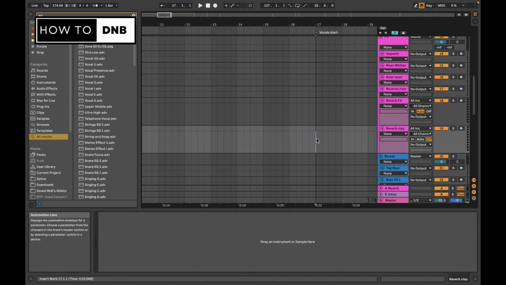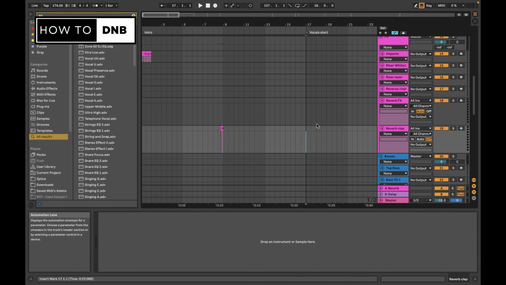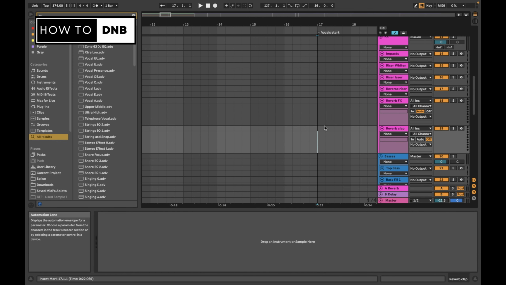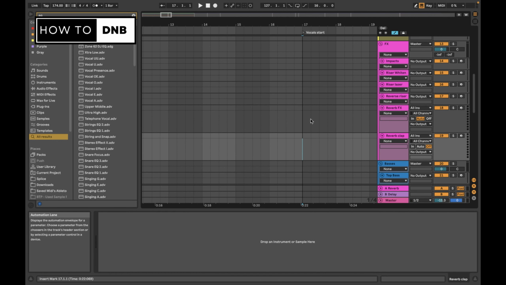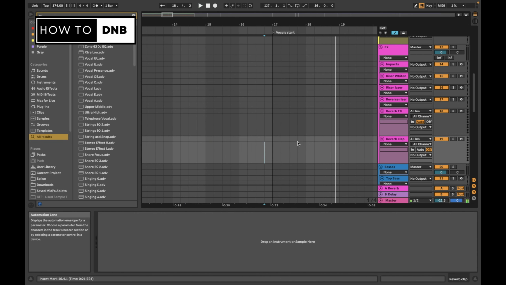All right, while we're in effects, we can hear that as soon as the vocals come in, we can also hear a down sweep coming in. A down sweep is nothing but basically the reverse of a riser. You can hear that, right? So I don't know if there's one in here, but I've called it reverse riser because I was a noob back then, but let's call it a down sweep.